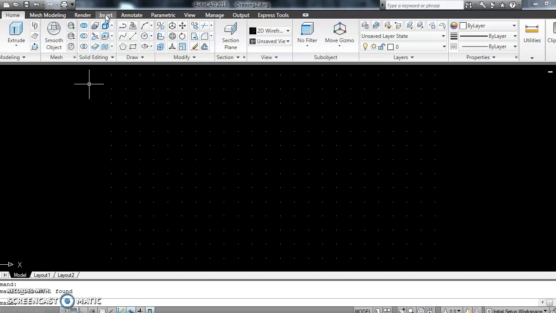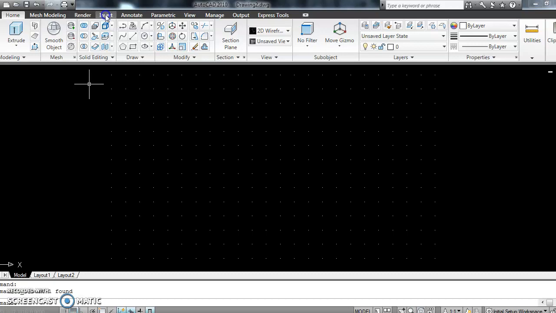So what we have done already here is, I have created a block, for example, an isolator circuit breaker block. So using the insert command, I just drag and drop it into the screen. And for the given question, I draw the single line diagram.